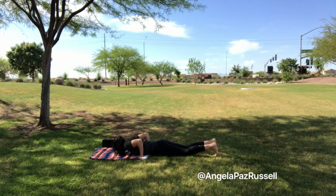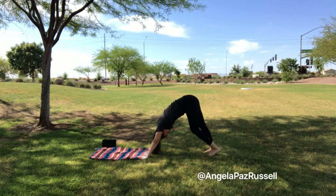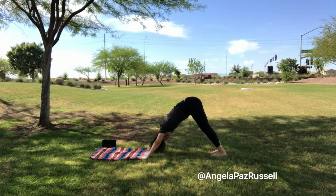And then you'll tuck your toes and slowly start to push yourself up and back into downward dog, adjusting your stance and walking your dog. Maybe a quick shake of the head, yes and no. A little shift through the hips, the shoulders, always planting through the palms, grounding through the knuckles, and gently guiding